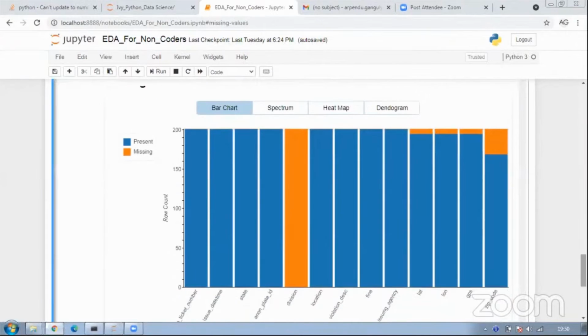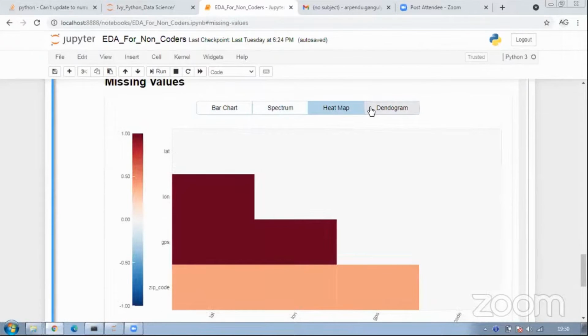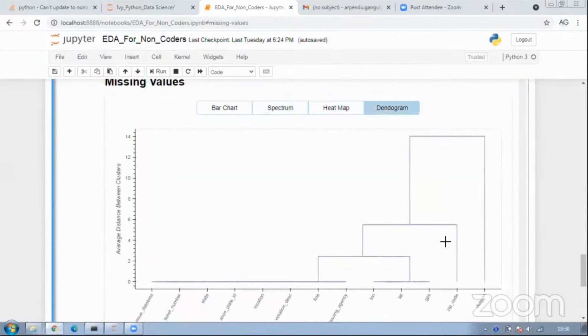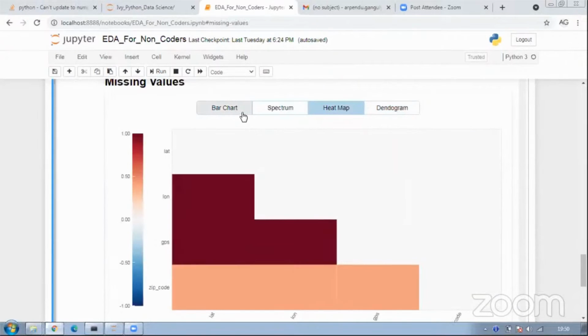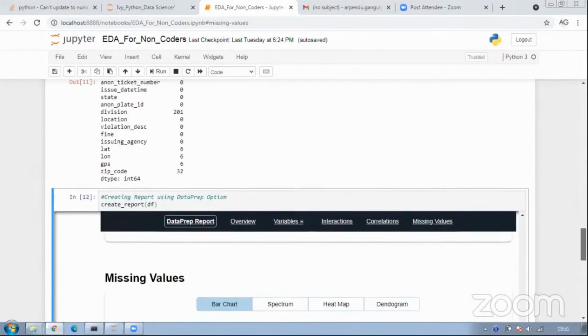So this gives us a very clear picture about how my missing values are. So we can use different kinds of charts like spectrum, heat map, dendrogram, which might not be the best one, but it shows that division has got my highest number of missing values. So I can play around with all of these charts and have this interactive report.